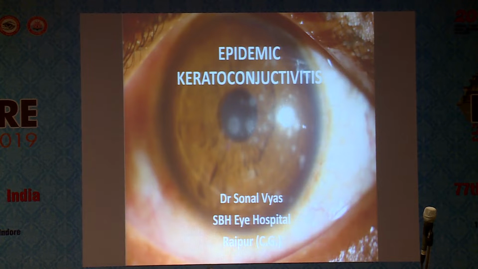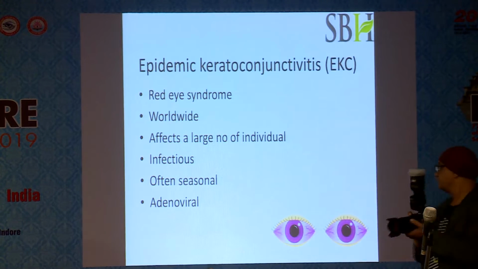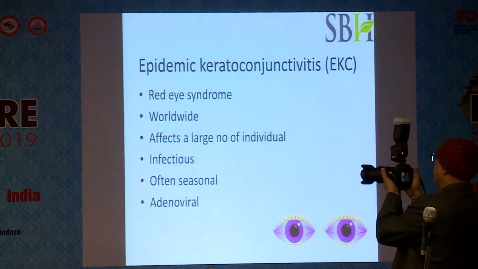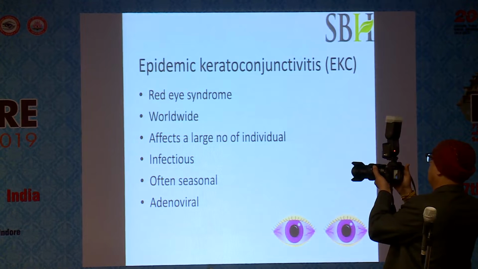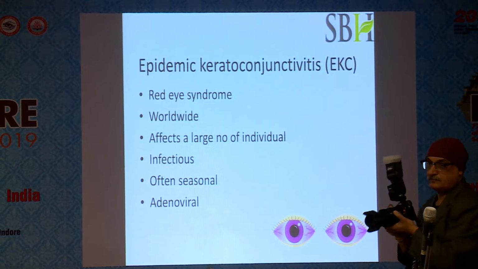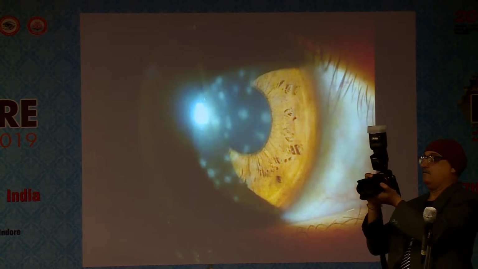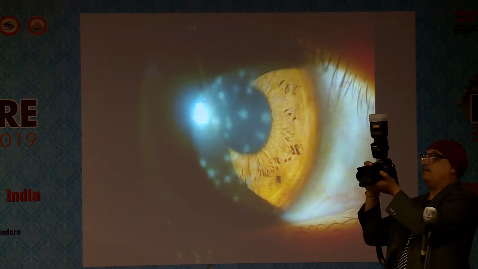So basically, I'm going to discuss epidemic keratoconjunctivitis, which is also called red eye syndrome. It can be seen anywhere in the world. It can affect a large number of individuals, mostly infectious, mostly seasonal, and most of the time we think it's because of adenovirus species. So this is the clinical picture which most commonly comes to mind when we say